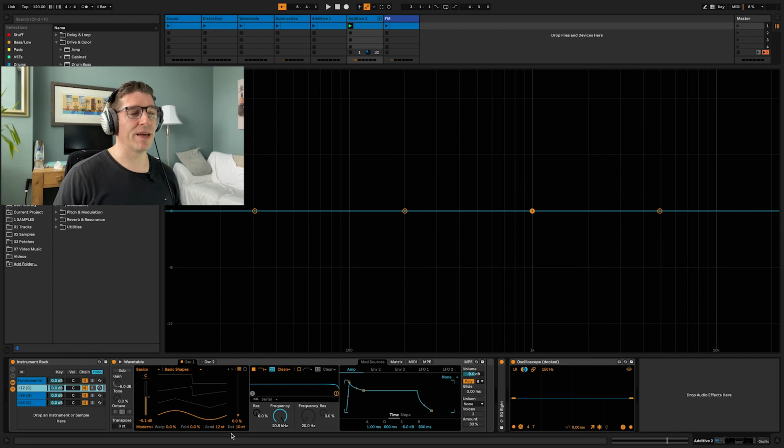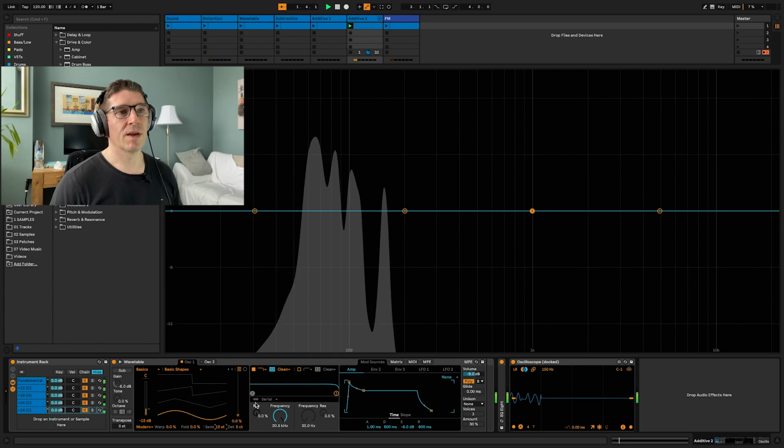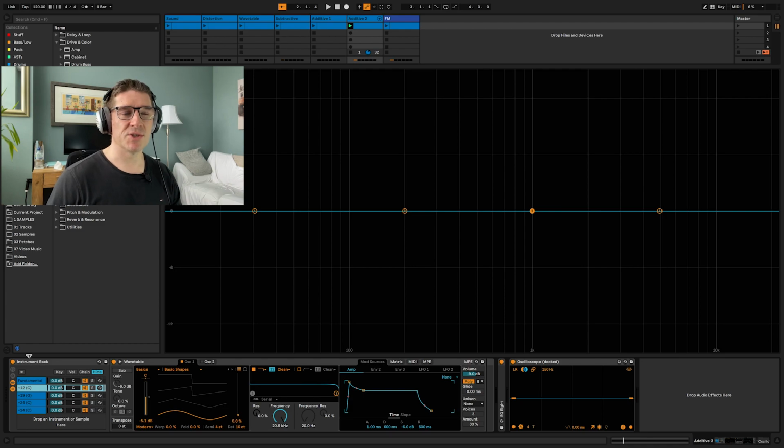But what we can do with additive is we can move out of the harmonics. So we can say 4 semitones with that. Let's do that at 8. Let's do that at 9. Let's duplicate that, and we'll do this one at 15. Now that isn't very pleasant. And that's the thing with the additive synthesis, it can be a little bit jarring to the ear. You've got to put in a lot more effort to actually get your sounds out of it when you move